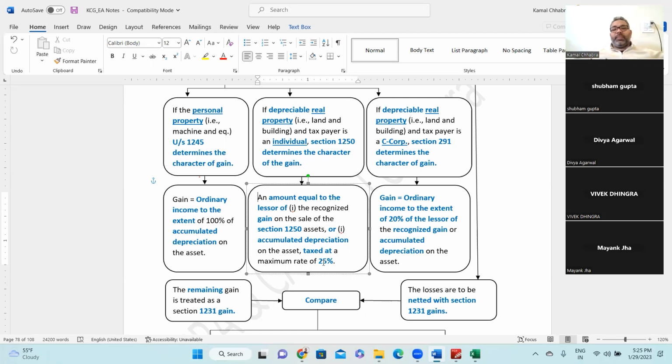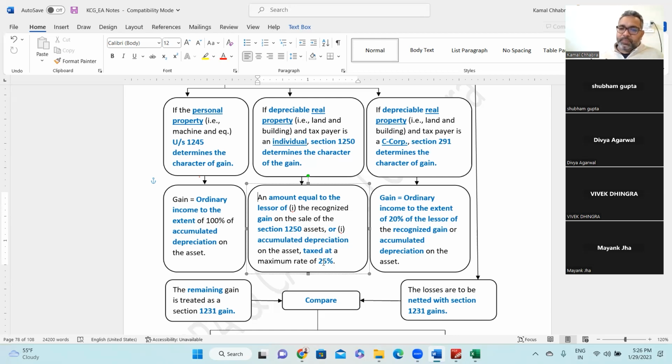Now coming to the real property for the businesses, C corporation, right? So section 291 determines the character. Section 291 also needs to be considered if in an earlier year you have taken additional depreciation. Then you need to reverse the depreciation, right? Gain is equal to ordinary income to the extent of 20% of the lesser of recognized gain or accumulated depreciation on